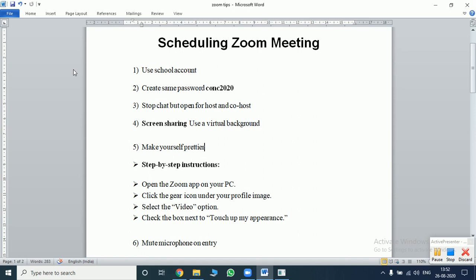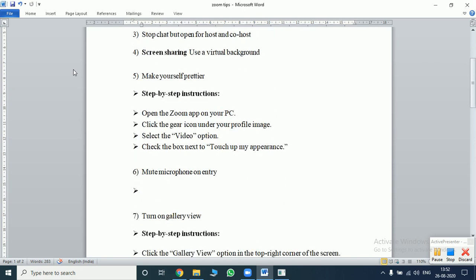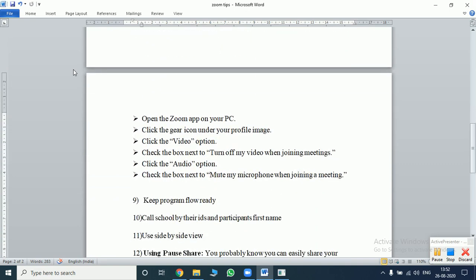And we will be discussing a few more things also, like how you can make yourself prettier, how you can mute the mics on the entry, how you can turn on the gallery view, such side by side view. And you need to do a few more things other than this. You should keep the program flow ready with you. And my dear event in charges,